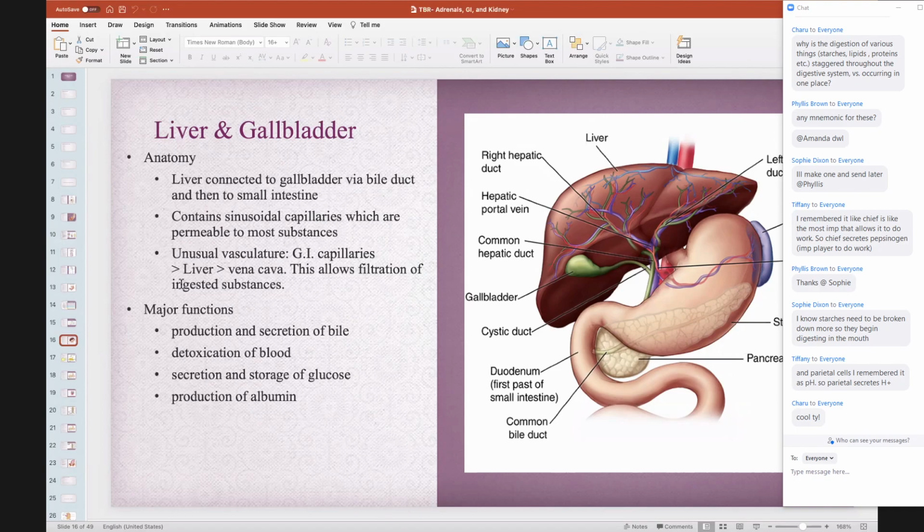Any other questions on the liver? We'll talk about bile here next slide. No,